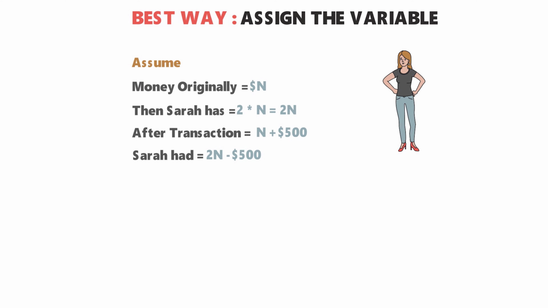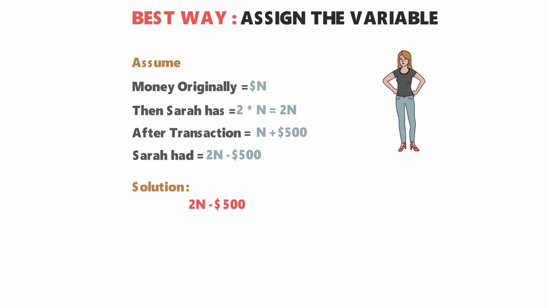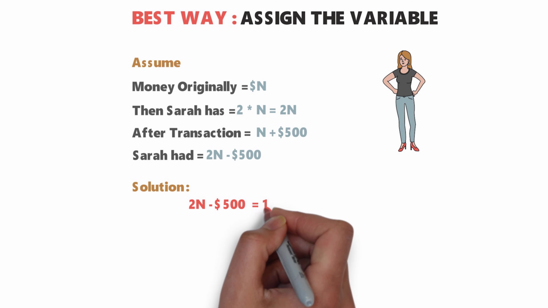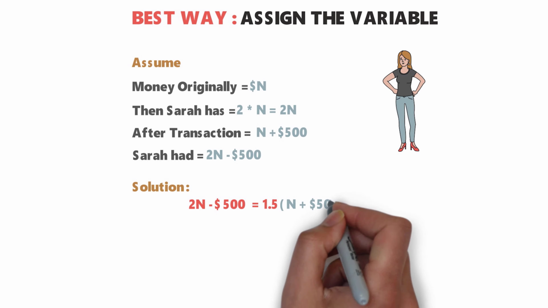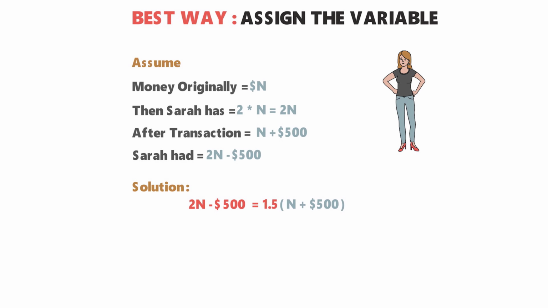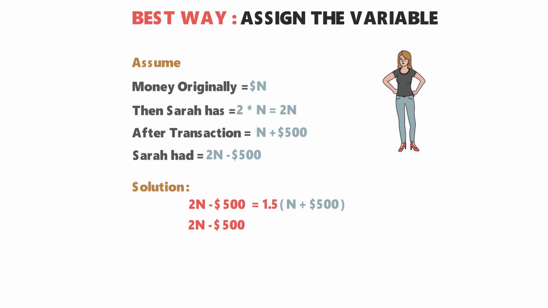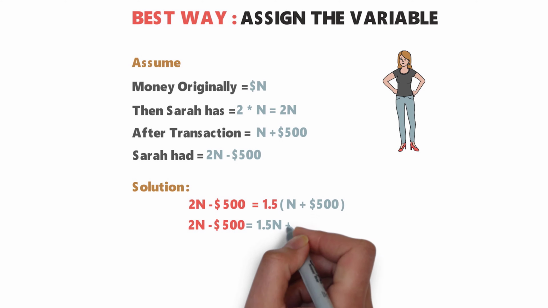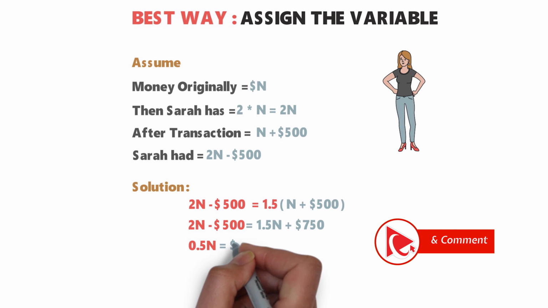Based on this information, we can build an expression. 2N minus $500 equals 1.5 multiplied in parentheses N plus $500. Let's go ahead and simplify this expression. We will get to the result of 2N minus $500 equals 1.5N plus $750, which means that 0.5N equals